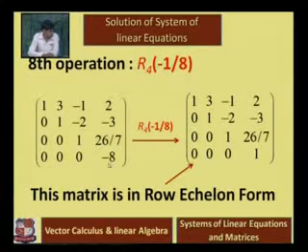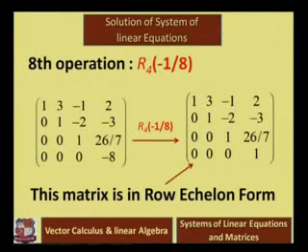Now notice in this resultant matrix there is a minus 8 entry, but the condition of row echelon form says there must be a 1, that is the leading one. So because of that we take the operation R4 minus 1 by 8. Doing that operation, the matrix is in row echelon form. That resultant matrix is in row echelon form. So that is the example. In this way any arbitrary matrix can be converted into row echelon form.